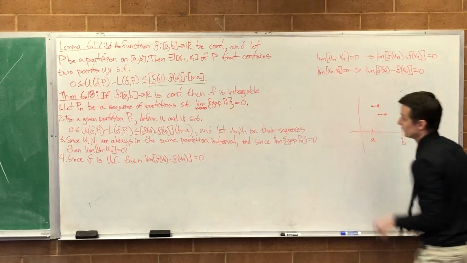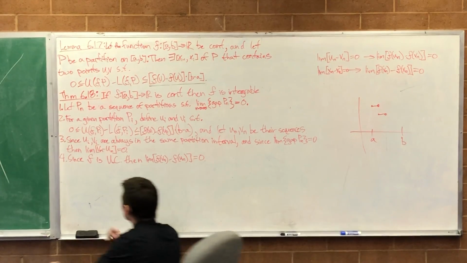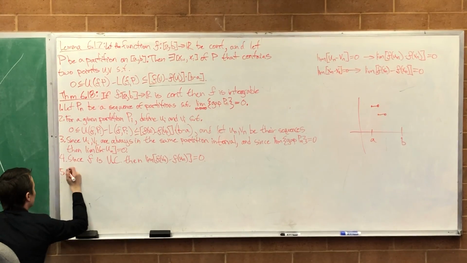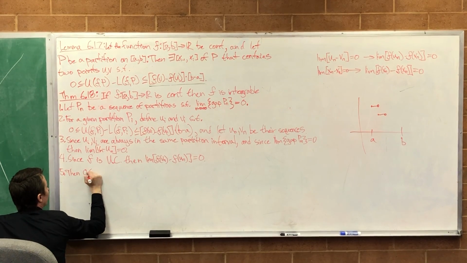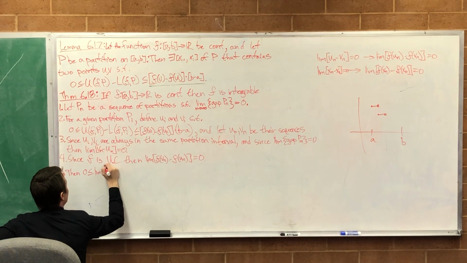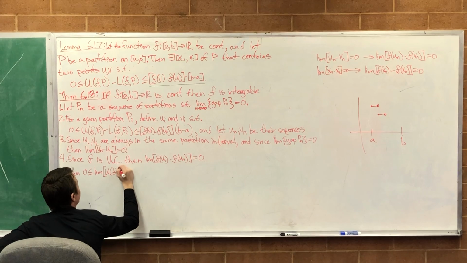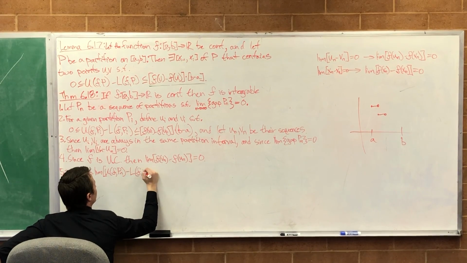Okay, now just put this back together with that inequality, and we're done. So 5. Then 0 is less than or equal to the limit of the upper Darboux sum of f on Pn minus the lower Darboux sum of f on Pn,